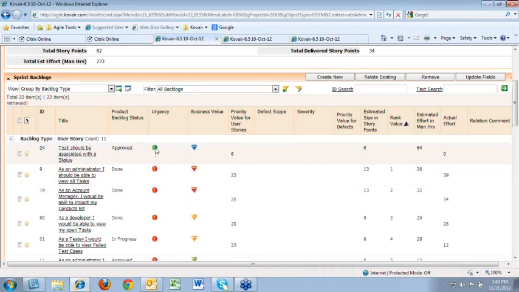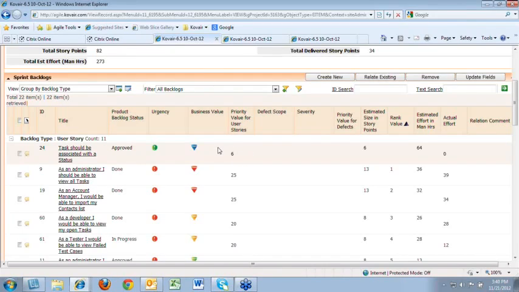Each of these urgencies is associated with a weightage factor. For example, you can see this one is moderately time constrained, which has a weightage factor of 3. At the same time, the business value for this user story is 2, so it's important to only a few customers. Based on this urgency and business value comes a product, which is 3 into 2 is 6, and this priority